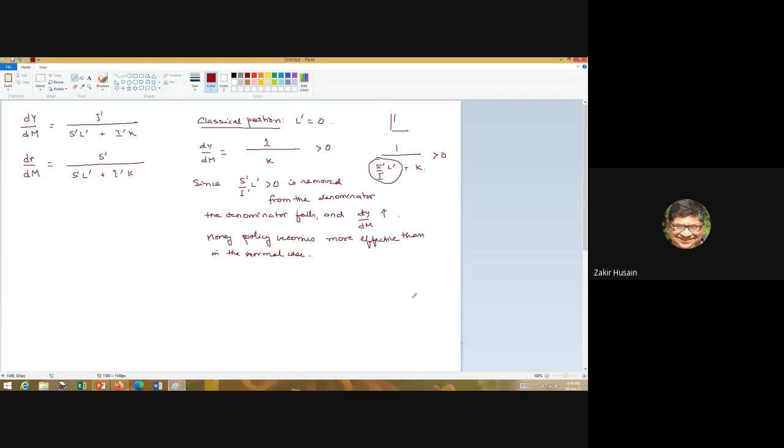In a portion like this, monetary policy will be effective, but in the classical portion it will be even more effective. So let us say you increase money supply by 10 or by X units, the increase in Y will be larger in the classical portion. What will happen to the rate of interest? dr/dm is equal to, see, here 1 comes, and this becomes 0. So you simply have I prime, S prime and K.